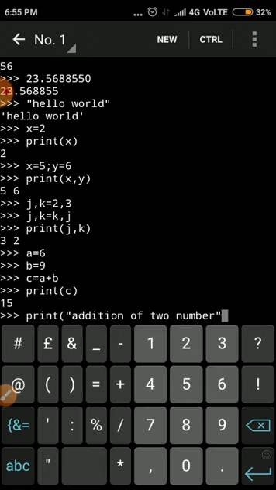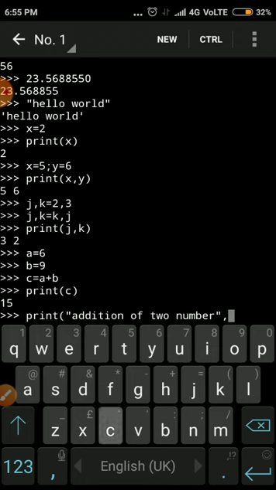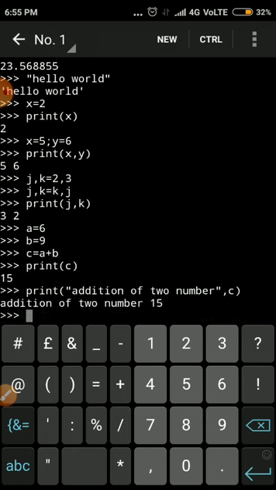Then close the double quotation, then use a comma, call c, close the bracket and press enter key. Look, the additional information is also printed: addition of two number 15. So if we enter such strings in print functions, it shows the users information about what exactly we have done.